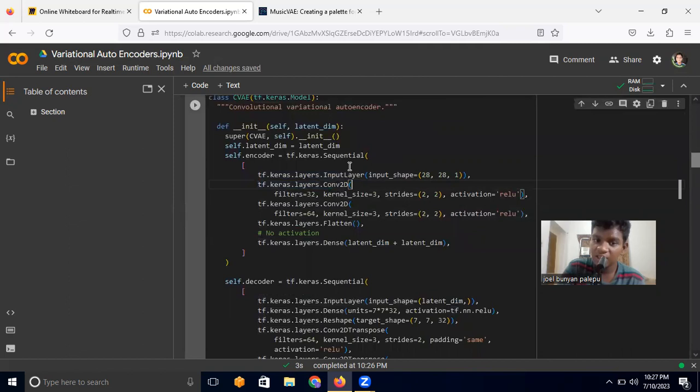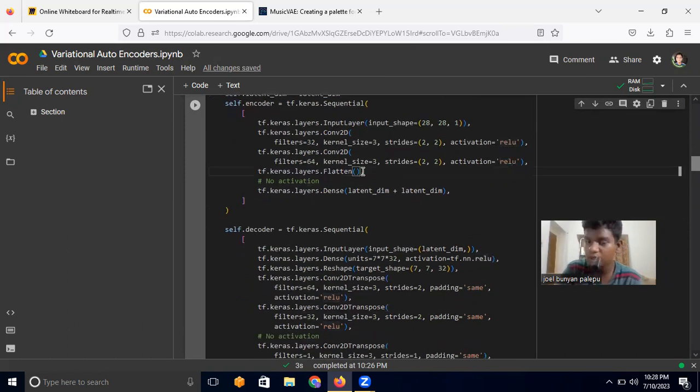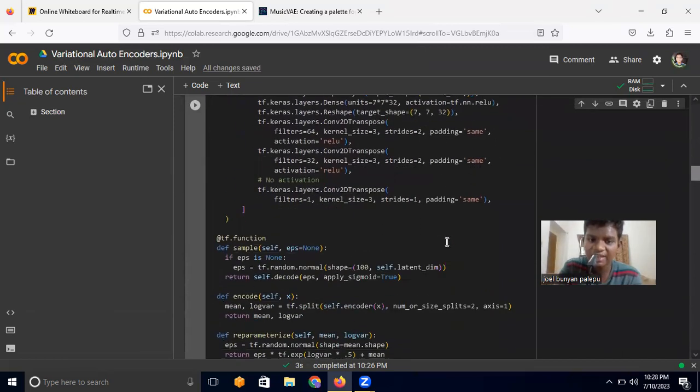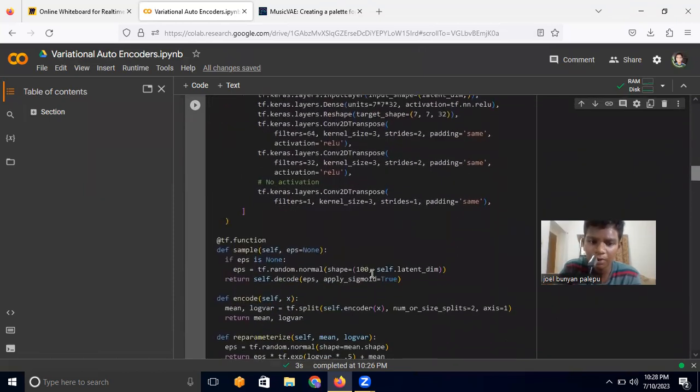I'm going to pass the first layer, which is the input layer with the input shape of 28 by 28 by 1. We're going to perform a CNN with 32 kernels of 3 by 3 size, with a stride of 2 by 2 and ReLU activation. Then I'm going to have another CNN layer with 64 kernels and 3 by 3 kernel size, with ReLU activation. I'm going to flatten all of these values out. I'm going to have the final dense layer, which is actually going to be the mean and